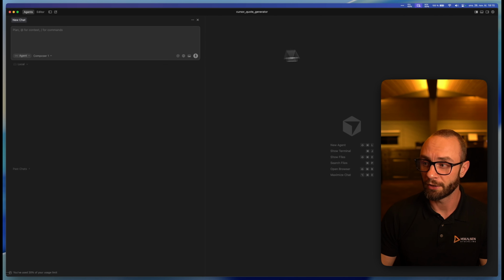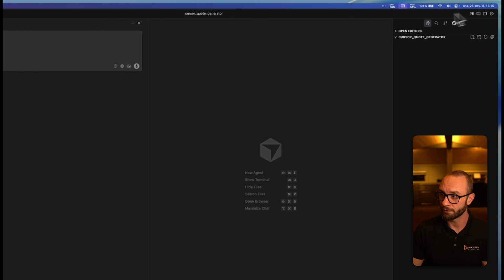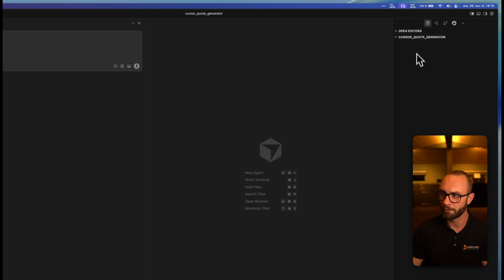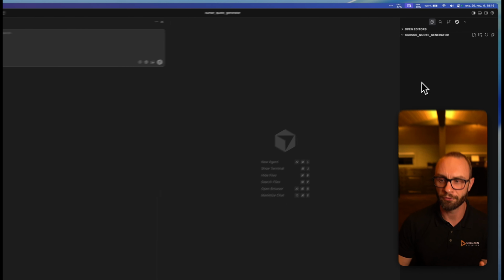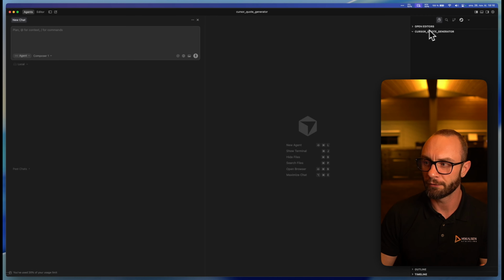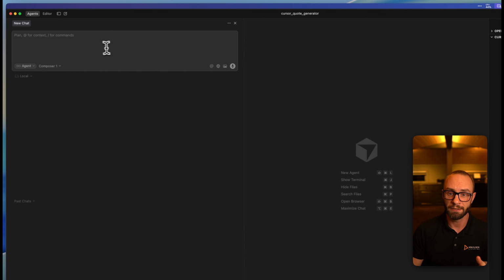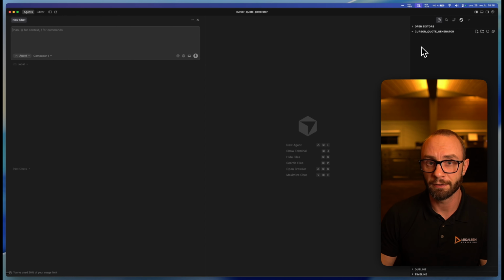You still have your project on the right-hand side here if you want to open that up, and that's something I use to see what kind of files the AI is working on. If I want to reference anything, it's very good to have it open here. As the project gets going, you'll see files start to populate here. But the main focus is to chat with the AI, which is on the left-hand side. This is perfect for seeing what the AI is working on, or if you want to reference any files in the future as you get more comfortable with how things are structured.